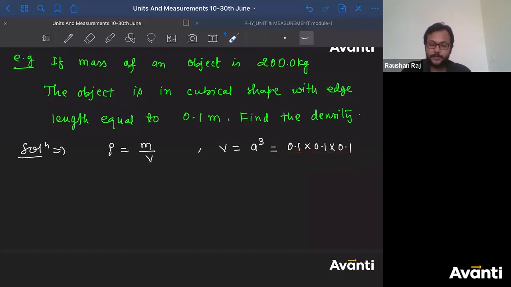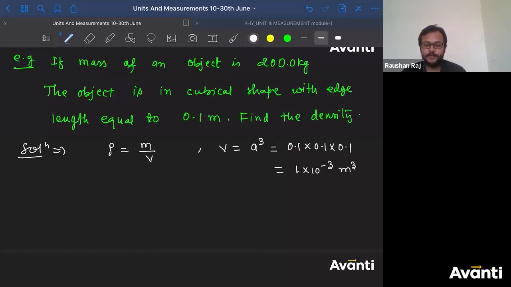How many number of significant digits are there in the terms that are involved in the operation? 1, है ना। How many number of significant digits in this one? 1. In this one, 1. In this one, 1. So the final answer for the volume should also have 1 significant digit. So if you multiply this, क्या मिलेगा? You're going to get 1 into 10 to the power minus 3.